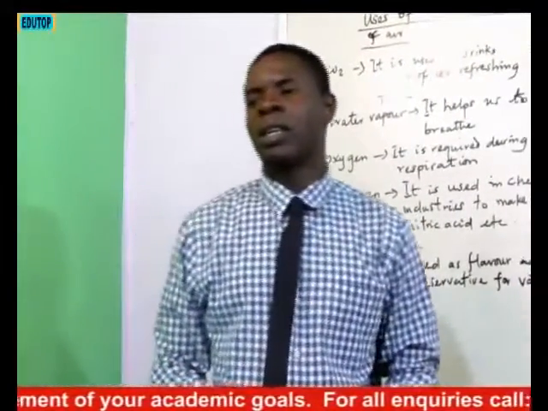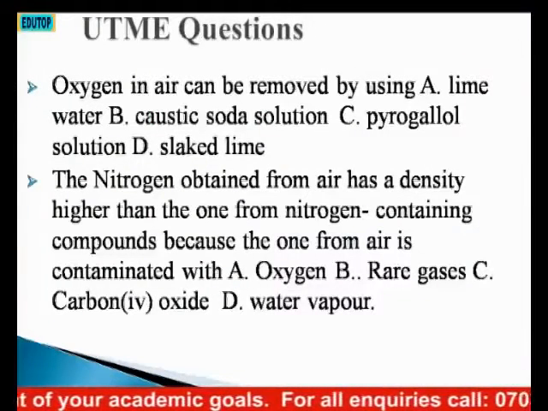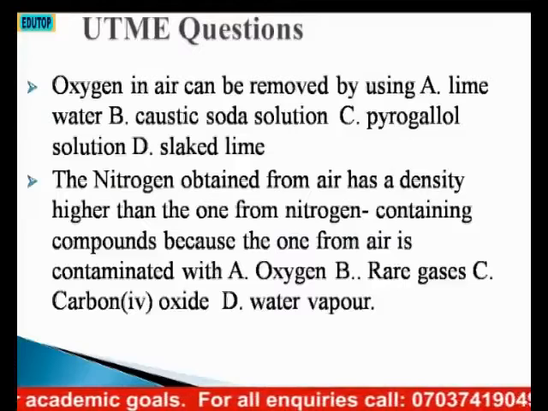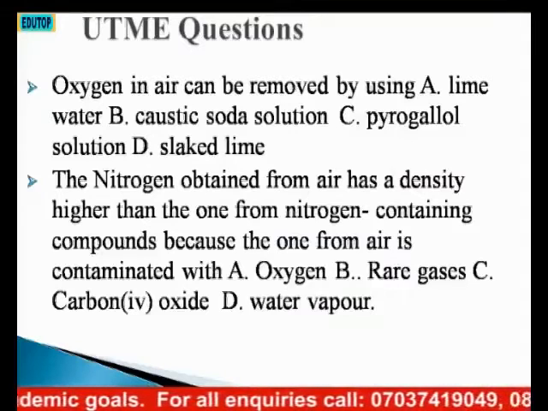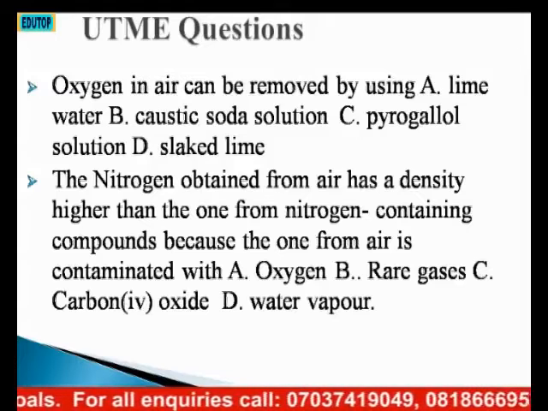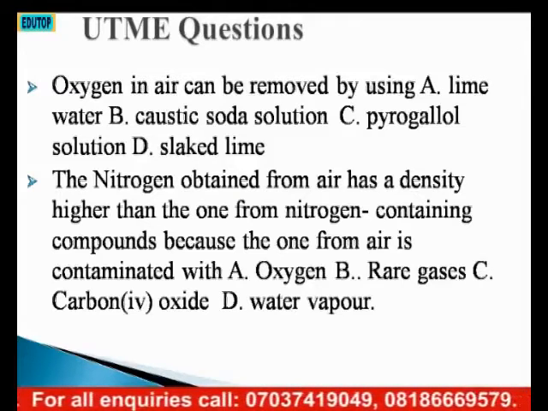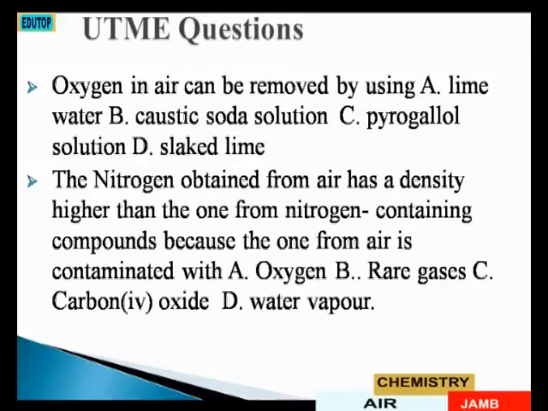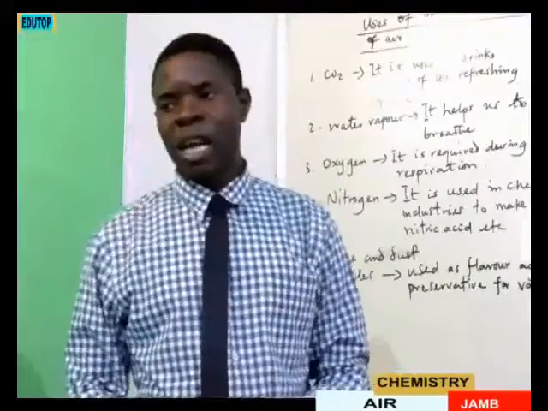Question 1. Oxygen in air can be removed by using, so the answer is not far-fetched. A. Lime water. B. Caustic soda solution. C. Alkaline pyrogallol solution. D. Slaked lime. Remember I said it. A. Lime water. You can't use lime